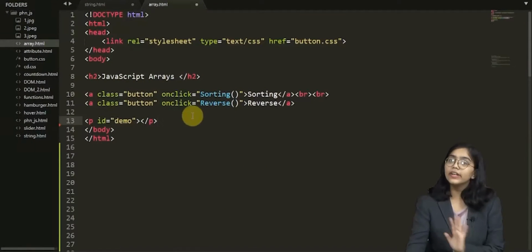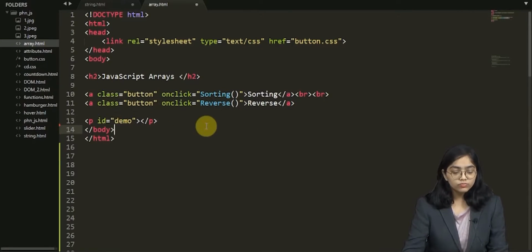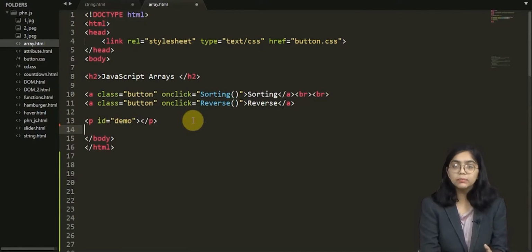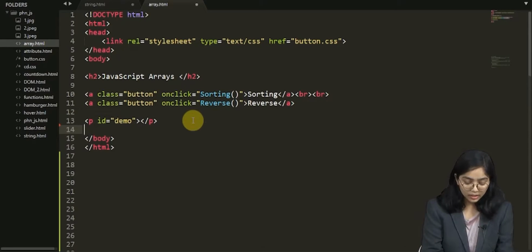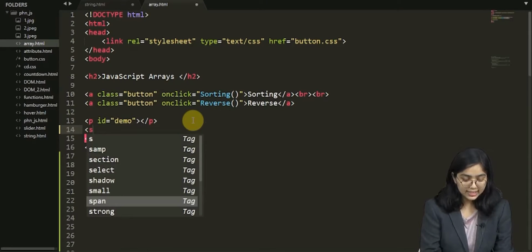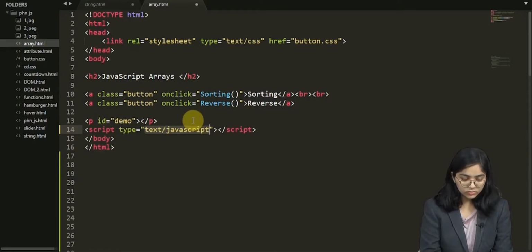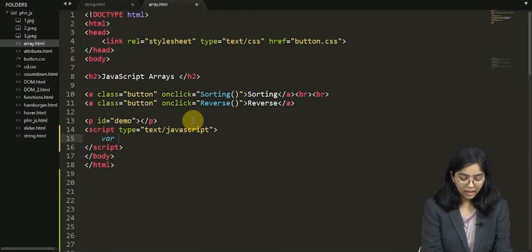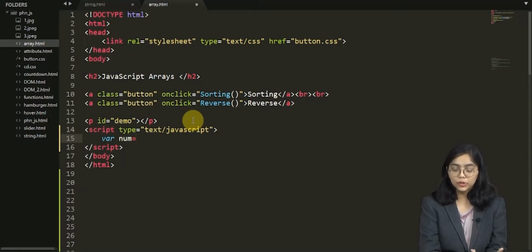Now you can see I have already declared an HTML document over here. Now we'll add the script. We are going to use sorting and reverse methods, which are the inbuilt methods of array. So first I'm going to declare the script, and after that we will declare var and a variable name as num, in which our array would be stored.